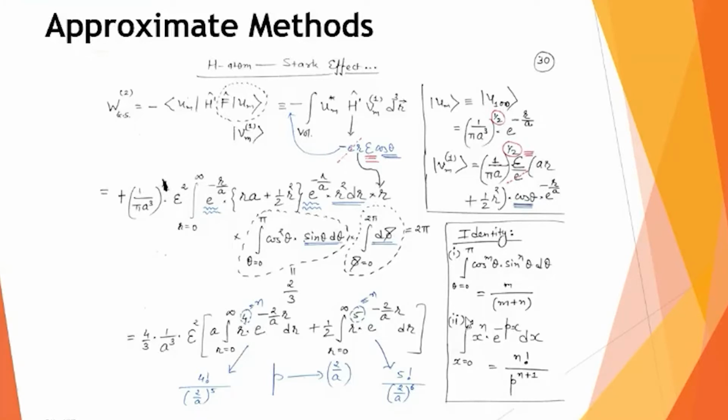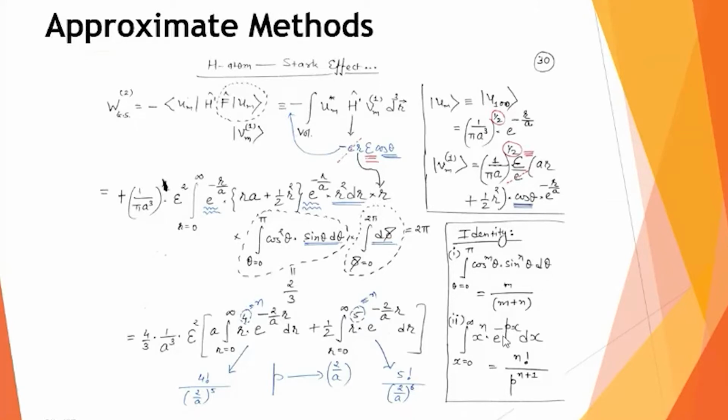And if I just look at the identity again, then there is a standard integration available in the literature. Whenever there is a one-dimensional integration x raised to n, where x goes from 0 to infinite, e raised to minus px dx, it can be answered as n factorial upon p raised to n plus 1, where n is nothing but the power of your variable x. If I compare these two equations, in the first, you can see there is r raised to 4. So if I consider x as r, then this n will be 4 in the first equation. And here minus px means this 2 by a will behave as p.